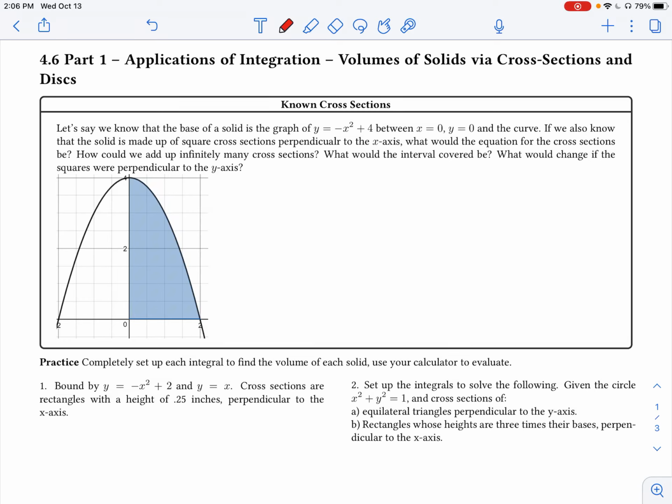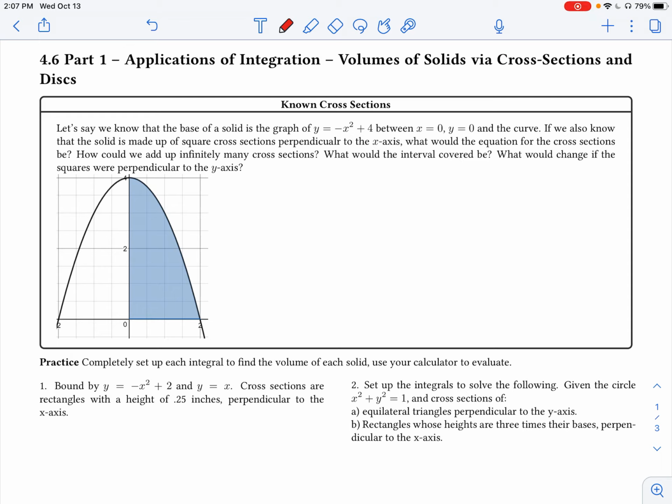So we've learned how to approximate or actually find the exact area underneath the curve using the definite integral. Now we're going to take that a step further and start talking about finding the volumes of solids. And this will be done primarily in three different ways because we're going to have different types of solids formed in different methods. In this video, we're going to talk about finding volumes using known cross sections,